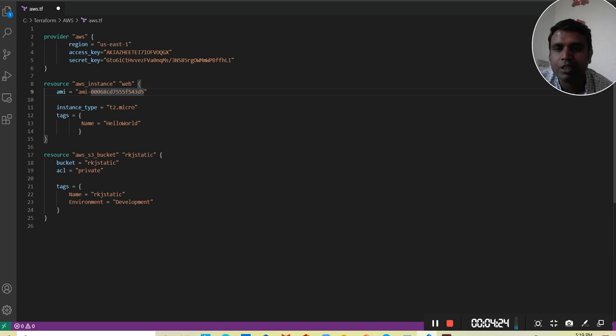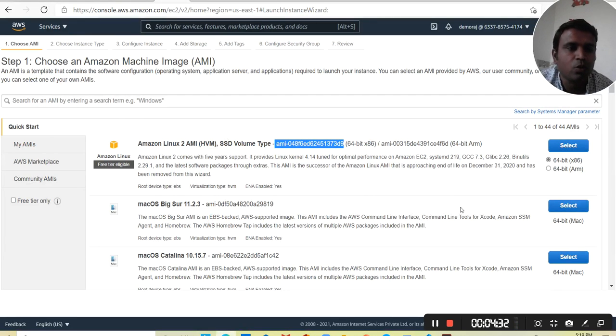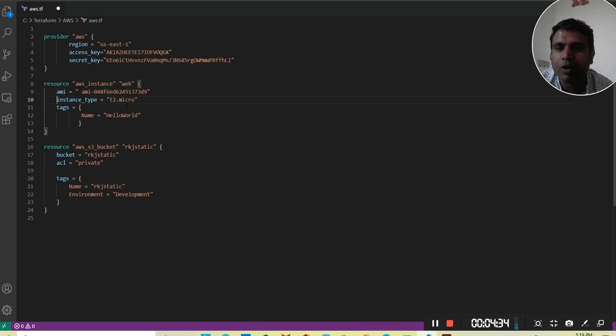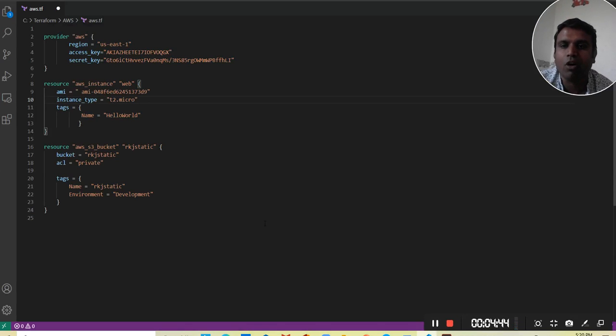So let me change. Now my AMI detail is there. My instance type, which we have configured next to this, is t2.micro, and the name of the instance will be hello world. I am not using the security group or any other details, I am just taking the default.